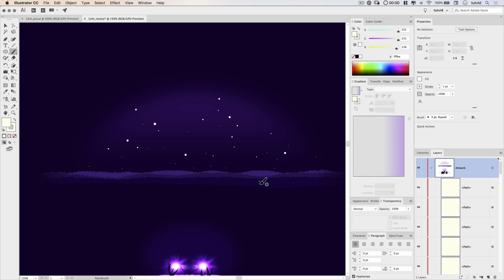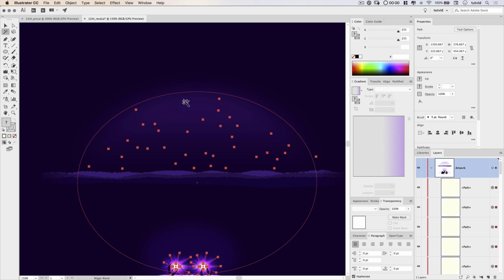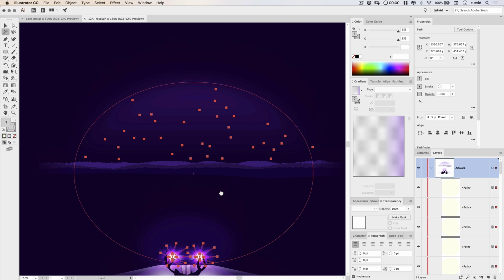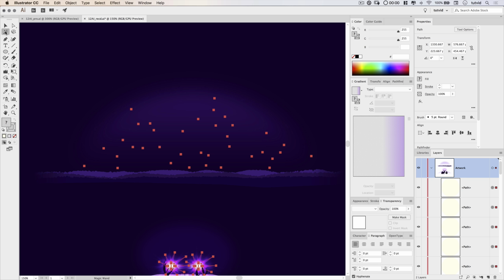Now that we've created all of these stars, a quick and easy way to select them is by using the magic wand here in Illustrator. So if I click on one of the stars, it's going to select everything with that same fill, but look at this. It's selected the whites of our headlights and some of that shape nonsense down there. Why? Well, if we double click on the magic wand tool, we get the magic wand dialog. And here we can say, only select other shapes of the same fill color or opacity. I don't really care about opacity right here, but of the same fill color, we're giving it a tolerance of 32. Let's knock the tolerance down to like 1.